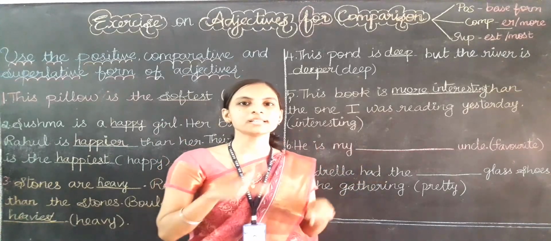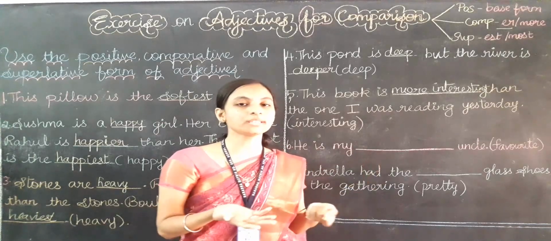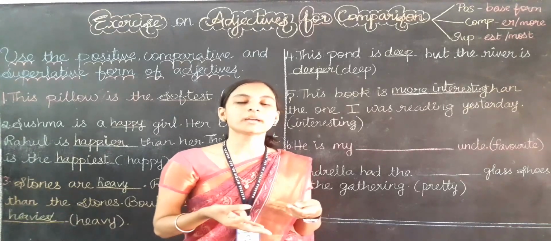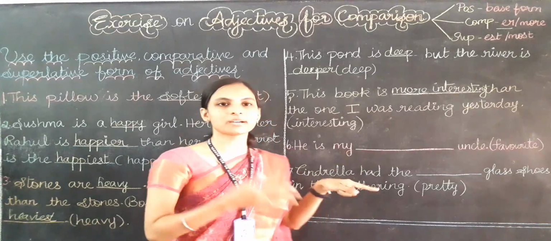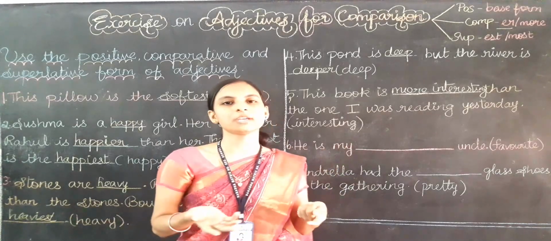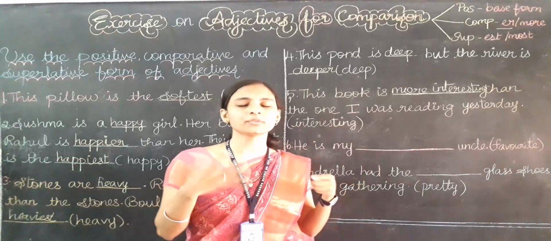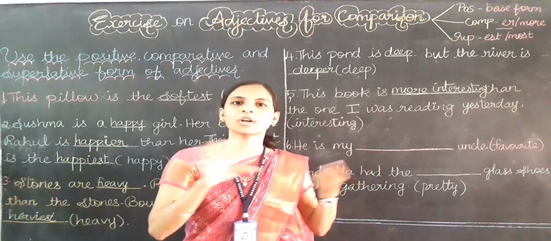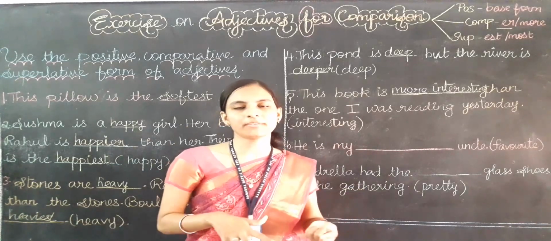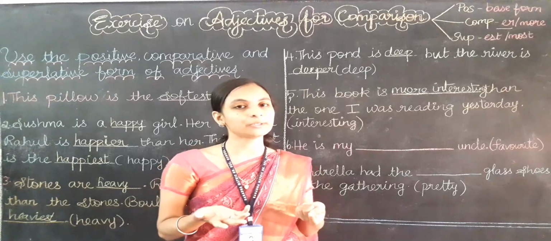Among all these uncles, I am telling that this uncle is my favorite. So for showing this, which kind of form do I need to use, superlative or positive or comparative? I am not comparing this uncle with one more uncle. I am not just telling you that in a normal way, but here I am showing that he is my very favorite uncle, not other uncles. So instead of using very, which kind of form do we need to use here?